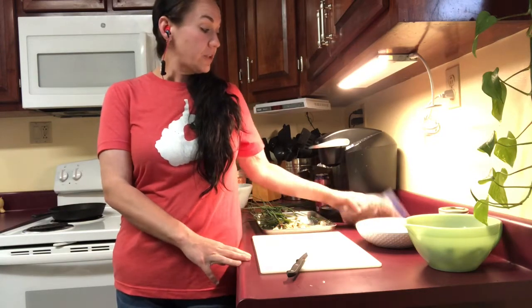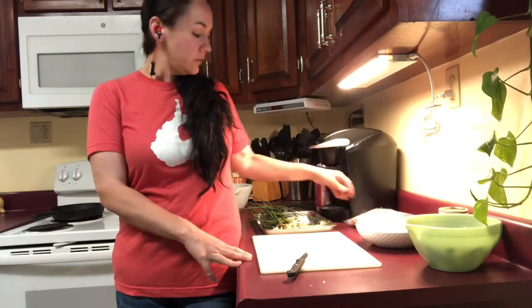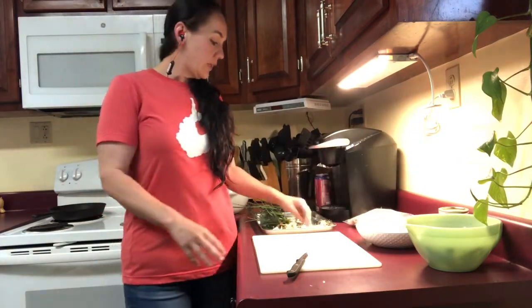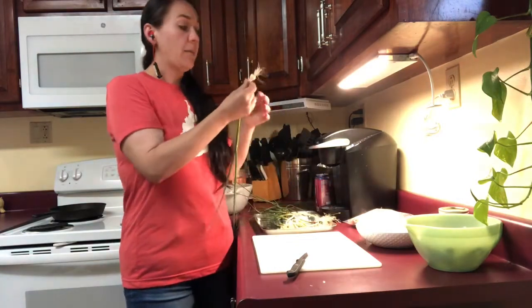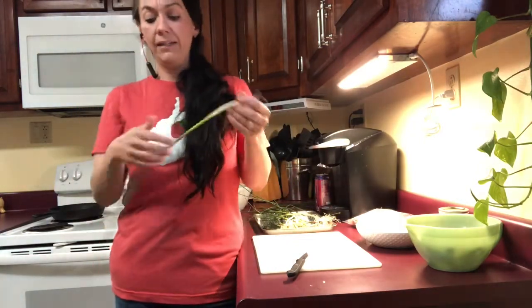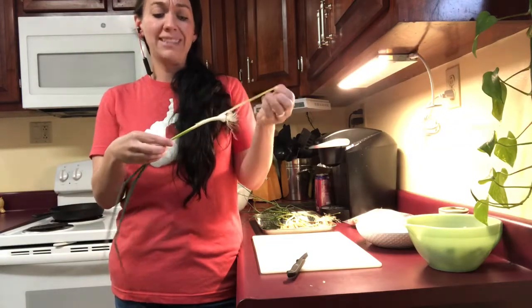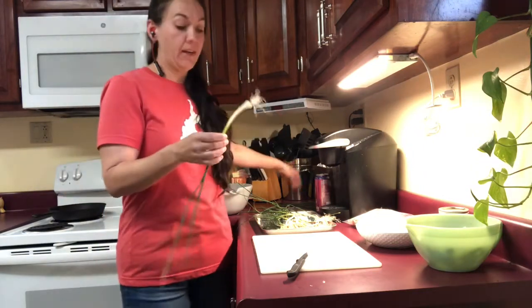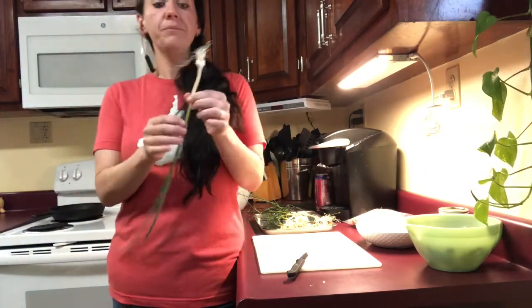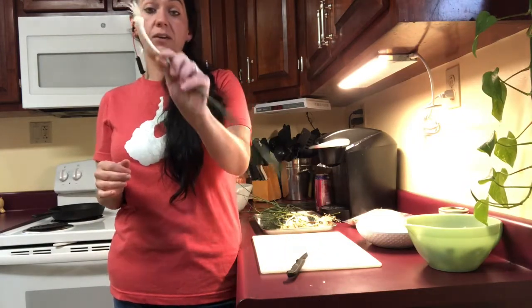The other things I'm going to use are some of our jowl bacon from our own hogs, and then I'm running low on store onions, so I had to go get some yard onions. I'm not going to tell you how to identify yard onions. I don't know that there's anything they could be mistaken for, but once you learn how to identify them, feel free to use them. I dug these when I was digging up the dandelions,